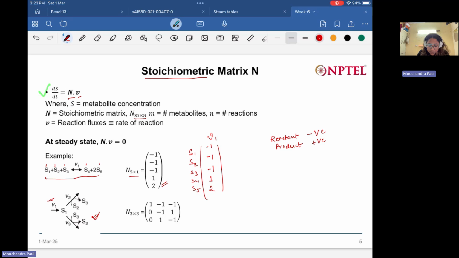And then S1 is getting changed into some unknown product, which is not shown here. But when that change is happening, we see that there's a conversion of S2 to S3 at a rate of V2. Similarly, S1 can also participate in another